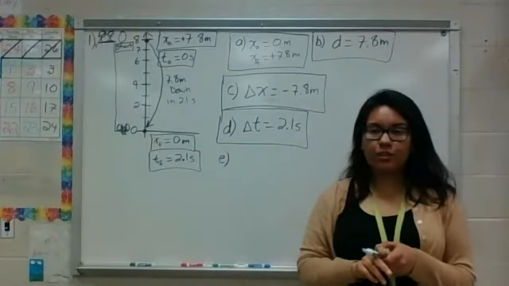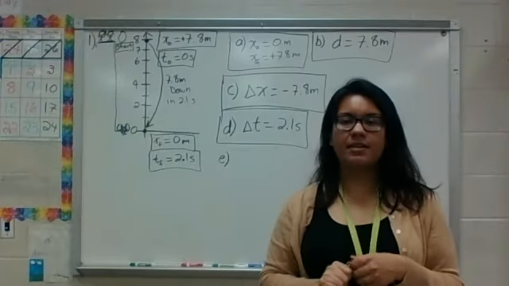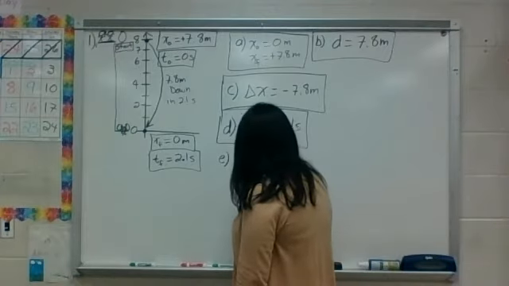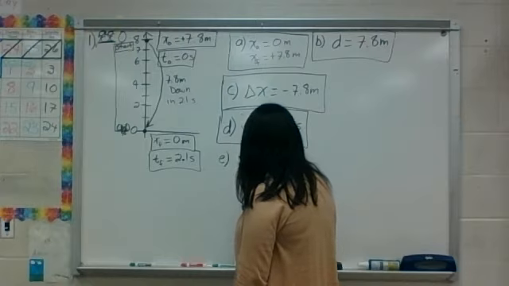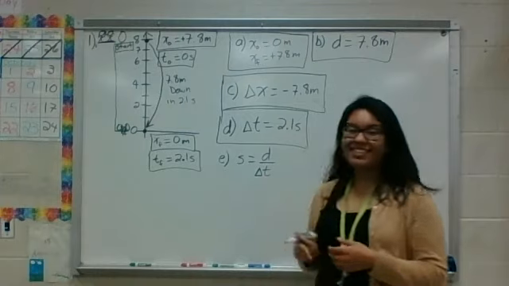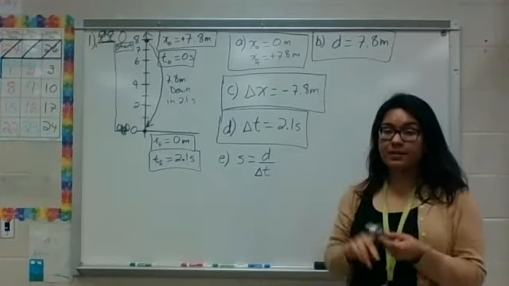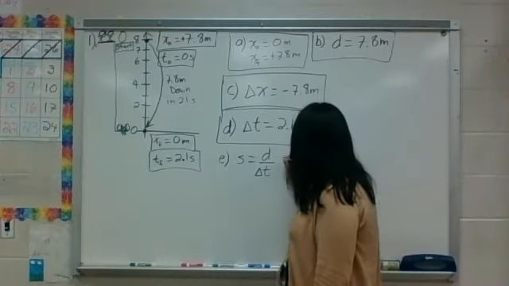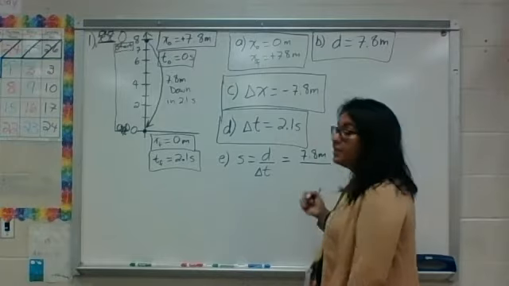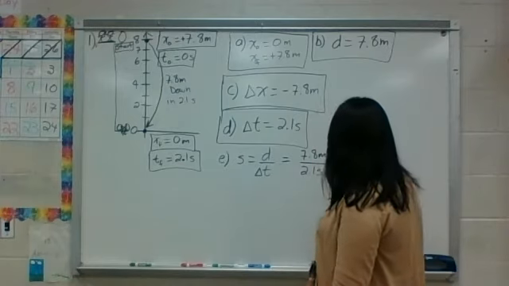And now going on to part E. So part E asks us for the average speed. So here's where you need to have that science dictionary out, you need to have that annotated reading out, and we know that the formula for average speed, S is equal to D divided by T. In other words, the distance divided by time, or, as we've been writing, the elapsed time. Now notice that we already have these two quantities, right? We have distance, we have elapsed time, so we can just plug these numbers in. We have distance, which is 7.8 meters, divided by 2.1 seconds. And so our final answer is going to be